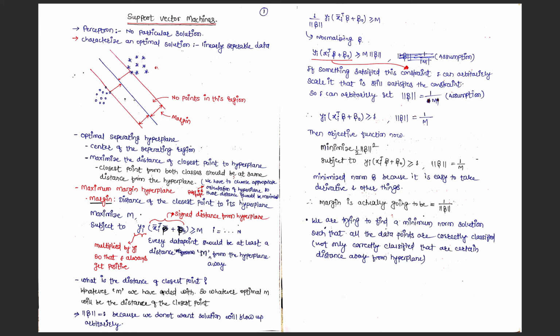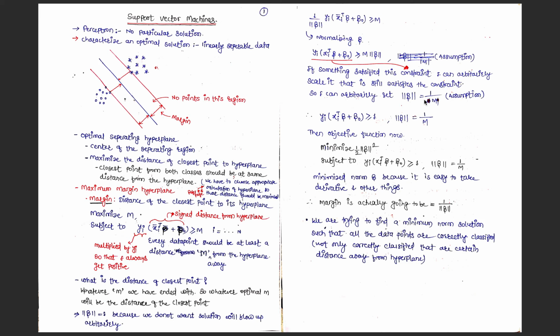So for this we have to normalize, that's why we will add 1 upon norm of beta, yi, the other thing is as it is. So we are normalizing beta because we don't want the solution to blow up. So in the next step I can move this beta here: yi xi transpose beta plus beta naught is greater than m. Okay, if something satisfies this constraint, actually this is the constraint which maximizes this m. Okay, it satisfies the constraint, so I can arbitrarily set